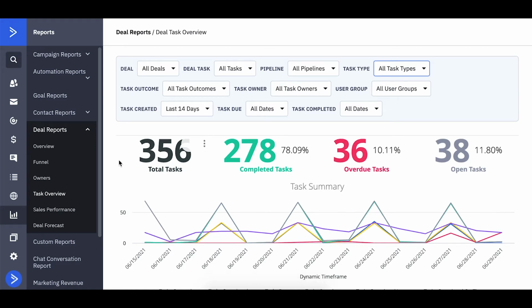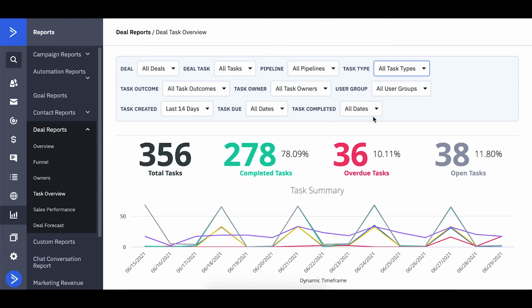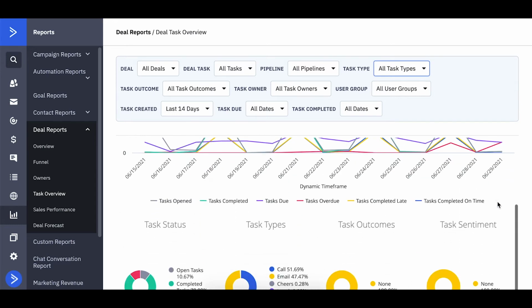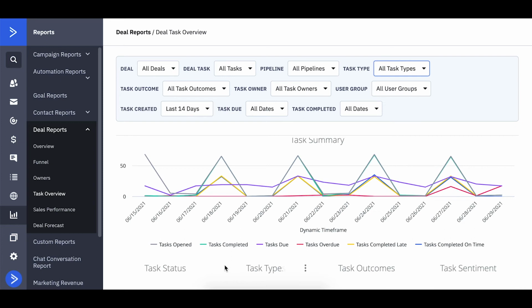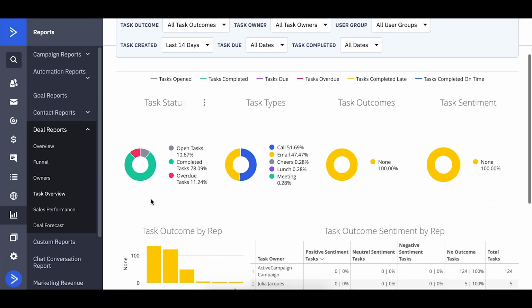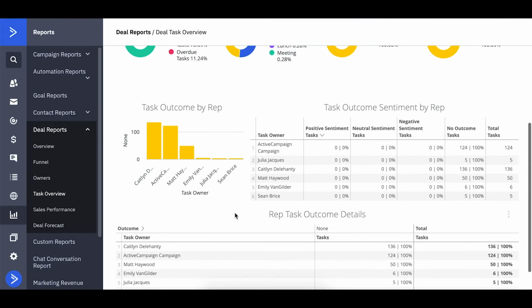So then we have a high level, depending on the filters. We have some stats up here in the high level overview of total tasks, completed tasks, open tasks. We have a timeline summary view here of what that looks like over time. We have some graphs here that show us a nice visualization of what the breakdown of task status, type, sentiment, things like that are.